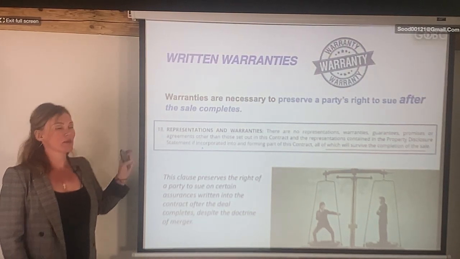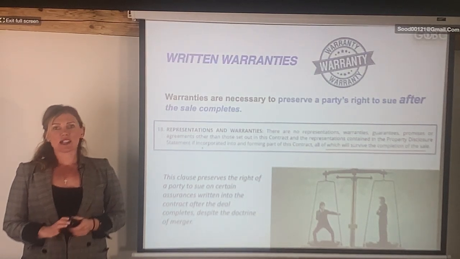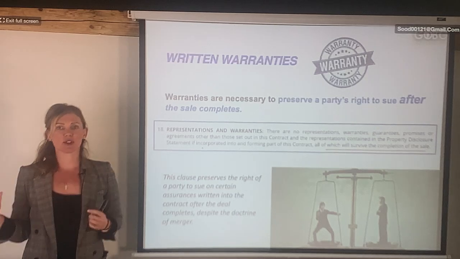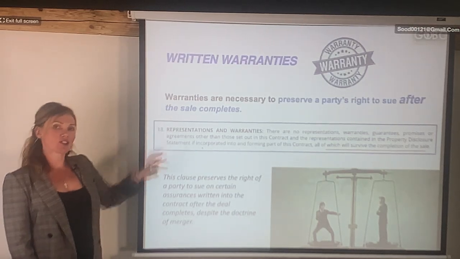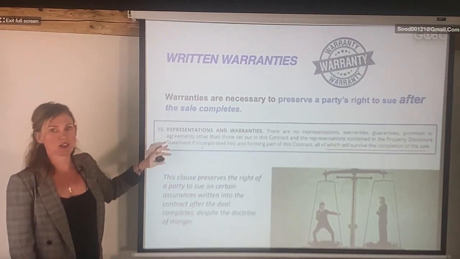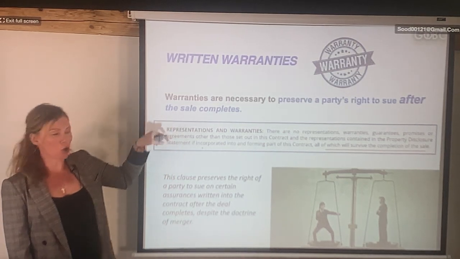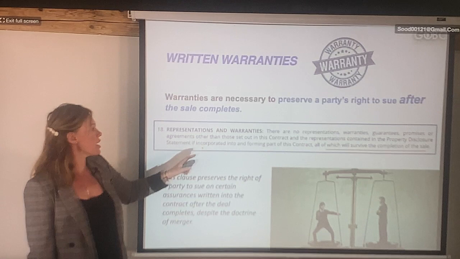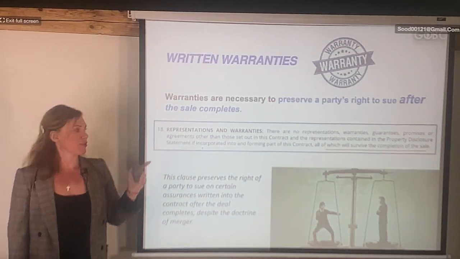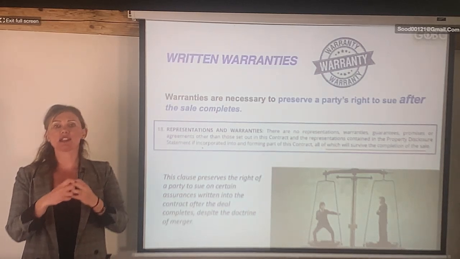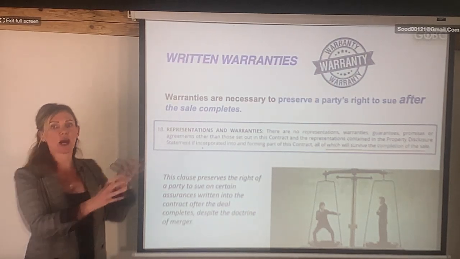And so what they say by this is this. Let's say the seller said it comes with a new roof, but he said it just on the MLS listing. So if you just pull up the MLS, it says comes with a brand new roof, but he did not add it into the contract of purchase and sale. If it's not stated in here, if it's not mentioned, then you cannot sue them later for that. So that's what they say: if it's incorporated into this contract, or if it's incorporated into the property disclosure form, which I'll show you right now, then you can make the sellers liable for all of those warranties and conditions that you added into this contract.